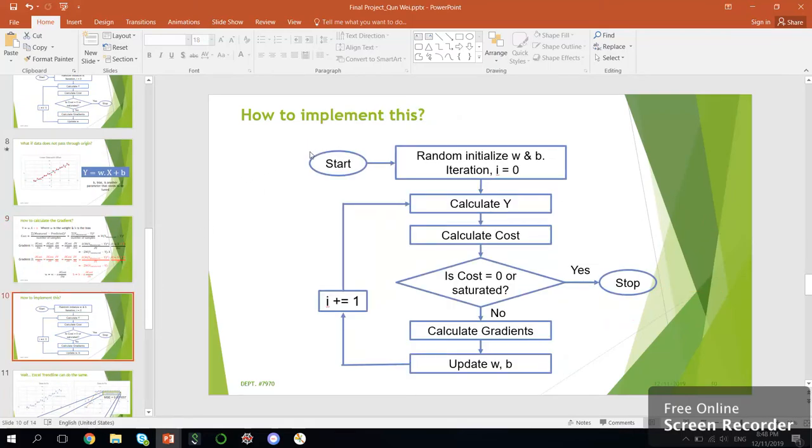So the loop will remain the same, but I have one more variable to consider. I'll set the initial w and b, and then I do the loop to calculate the initial value for y, and then calculate the mean square error to see if I get a minimum cost or it is saturated. If yes, I can stop. If no, I will repeat the same thing, calculate the gradient, and update the weight and the